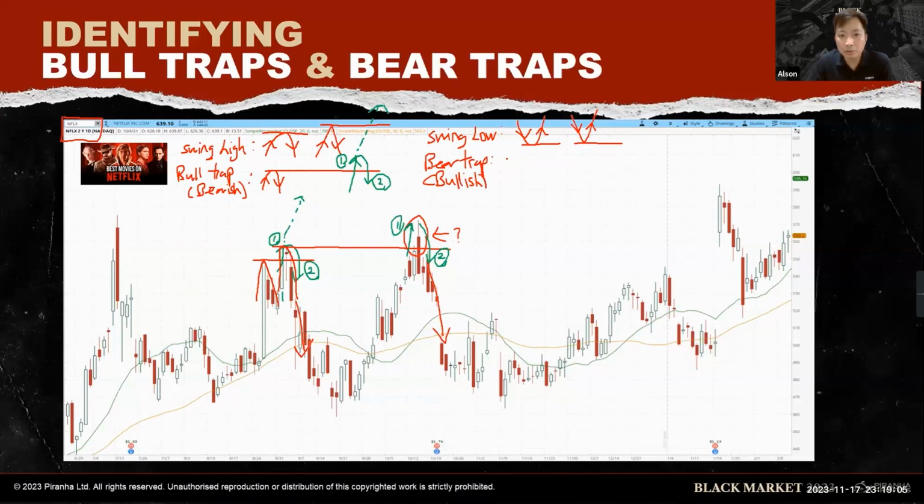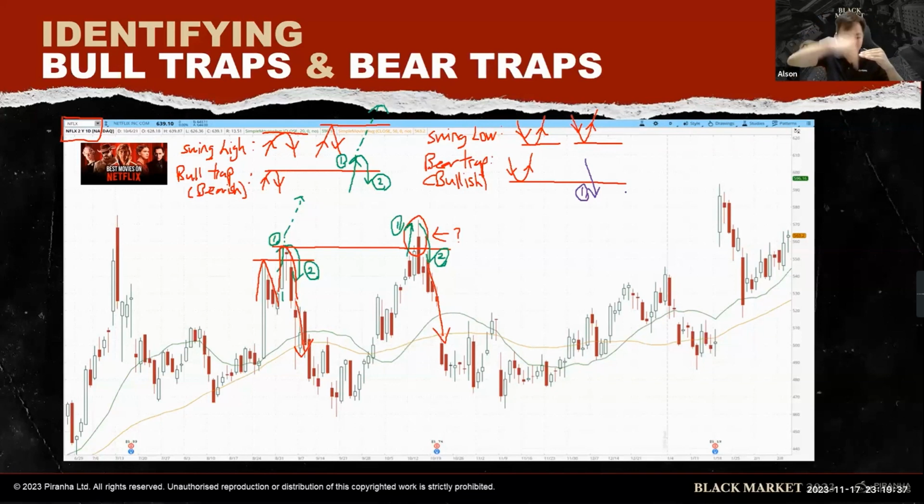Bear trap is bullish, right? You can see over here, price goes down, goes back up. Price goes below the support, first step. This is the support, right? Then the price goes below the support, then traders thought that it's going to lao sai all the way. The lao sai means diarrhea all the way, right? Diarrhea means go all the way lah. But instead of going diarrhea all the way down, the market maker goes and pulls it back up.